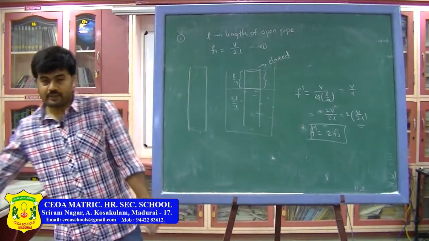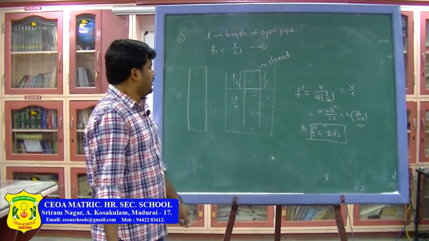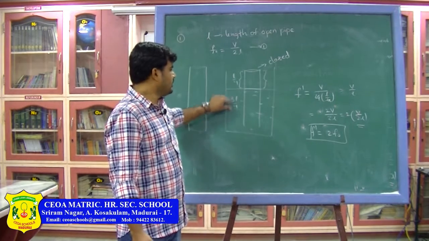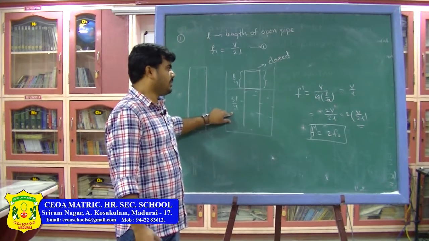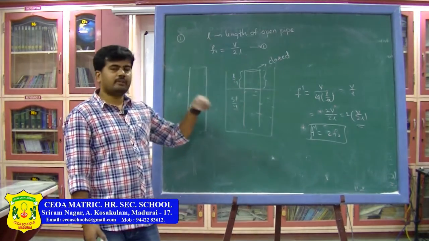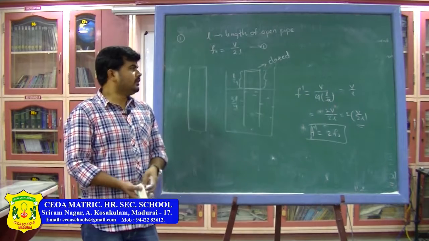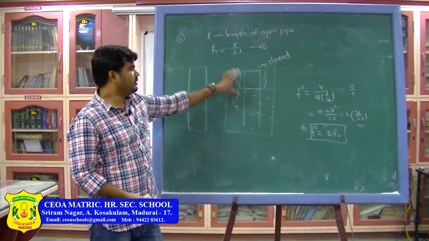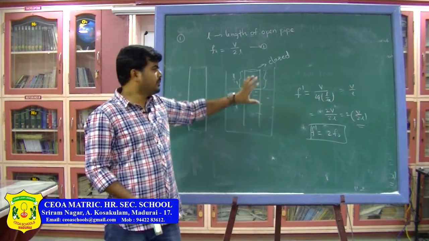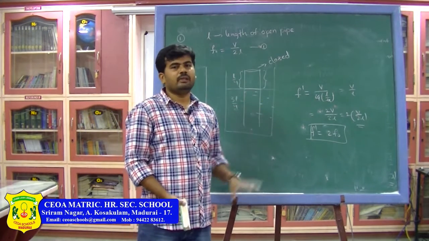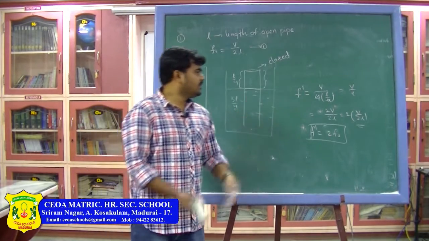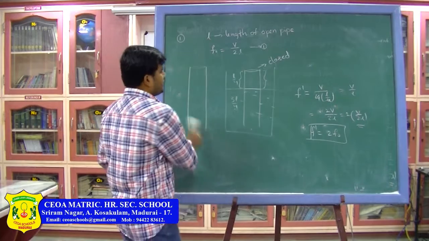Now, let us do one more example. It may be any length. Here in this problem 3/4 of the length is inside the water, or they may give that half of the length is dipped into water, or 1/4 of the length is dipped into water. So, the condition may be of any value, that means half length or 3/4 length or 1/4 length. But you have to apply the condition clearly according to the given data. Then you will get the correct answer. So, this is the method related to open pipe and closed pipe.